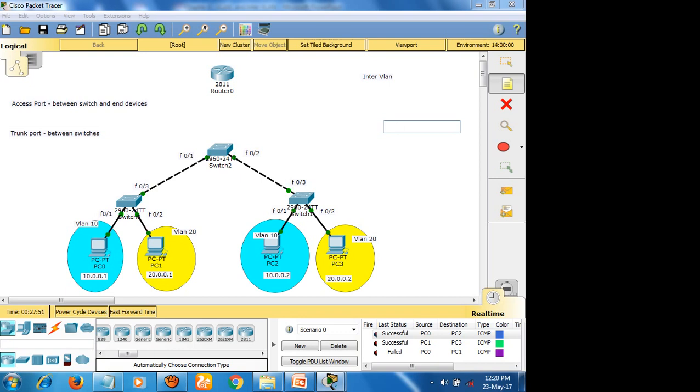Already we have tested virtual LAN 10 and virtual LAN 10, and it's working. Even if they are placed in different locations, it doesn't matter, they can communicate. But if I want to communicate between two different virtual LANs, we need to go for a router. So that is the concept called inter VLAN. Let us connect this first.